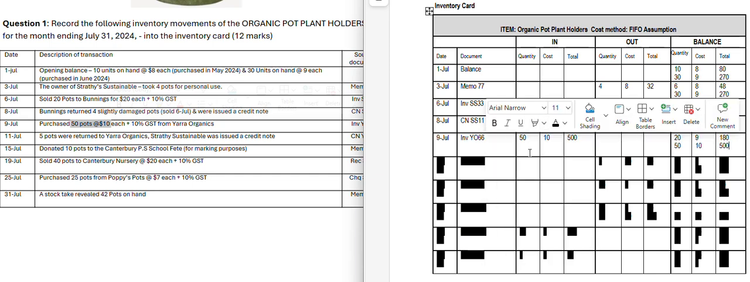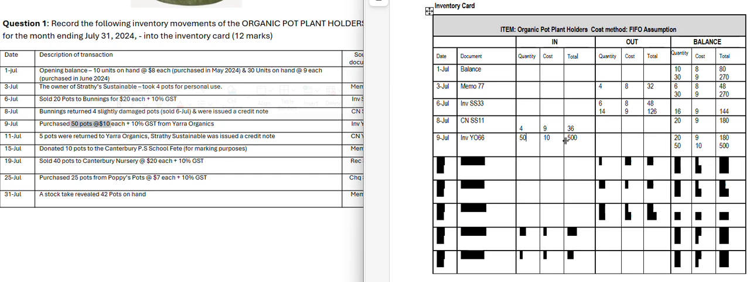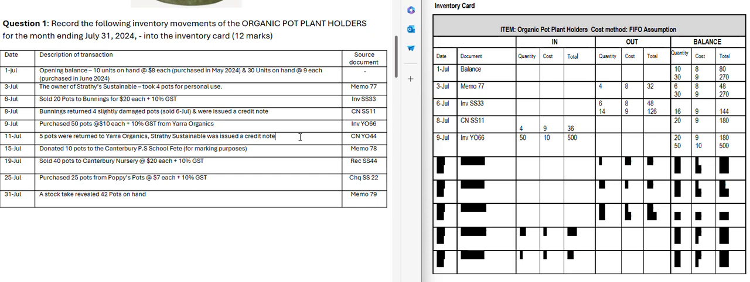Alrighty, so 50 times 10 gives you a $500 value, and then we've topped up our balance reflecting the first in, first out, which will apply for upcoming transactions. Next one on the 11th. We've had a return. So therefore, we've returned some of those pots back to the supplier that we bought on